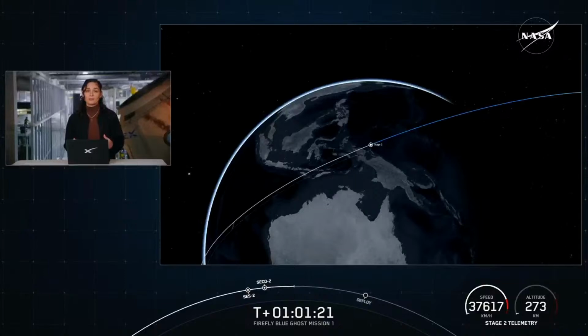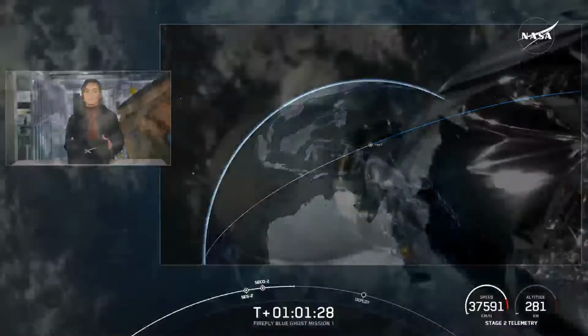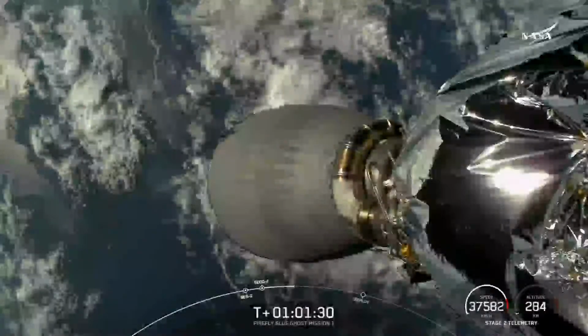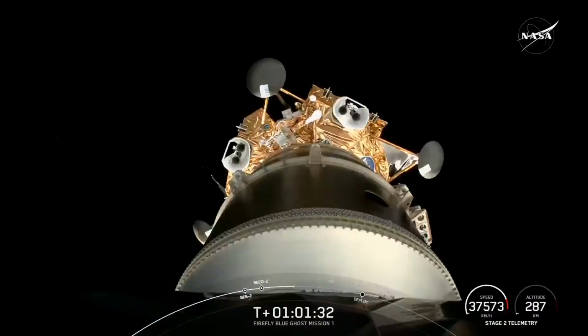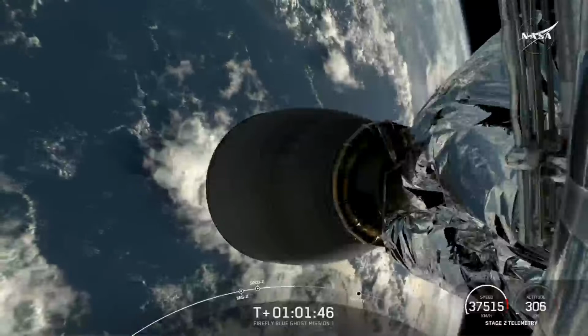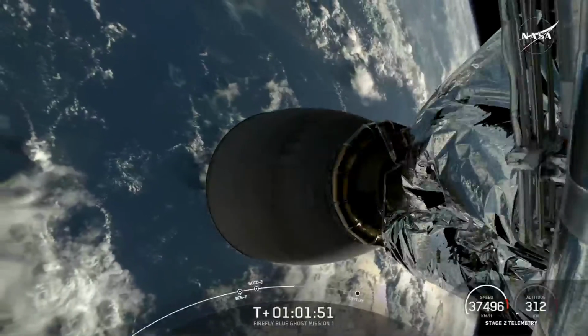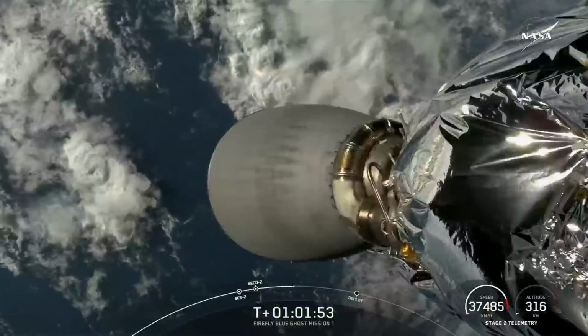And just to recap the mission so far, we had an on-time liftoff at 1:11 a.m. Eastern Time. And everything has been proceeding nominally. We had a good stage separation, which occurred about 2.5 minutes into flight. That was followed by a successful landing of Falcon 9's first stage on a drone ship. And that was also the 5th flight and landing for the specific booster that supported tonight's mission. And for those of you following along, that booster also supported NASA's Crew 9 mission, as well as